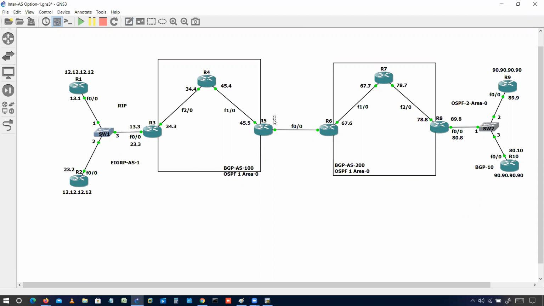I'm using here F0/0.1 with a subnet of 56.0.0.5. And here I am using 6.